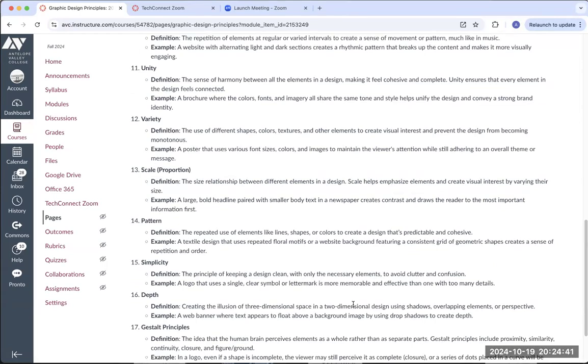Simplicity, keeping a design clean with only the necessary elements to avoid clutter. So again, I mentioned it a few minutes ago. You don't want to clutter up a design by trying to put everything in a design. I run into that at the newspaper when I'm designing ads for real estate agents, when they're trying to sell a house or rent a house. They've provided me with a bunch of text that I will never be able to fit into the design because there's just simply too much based on the size of the ad that they have